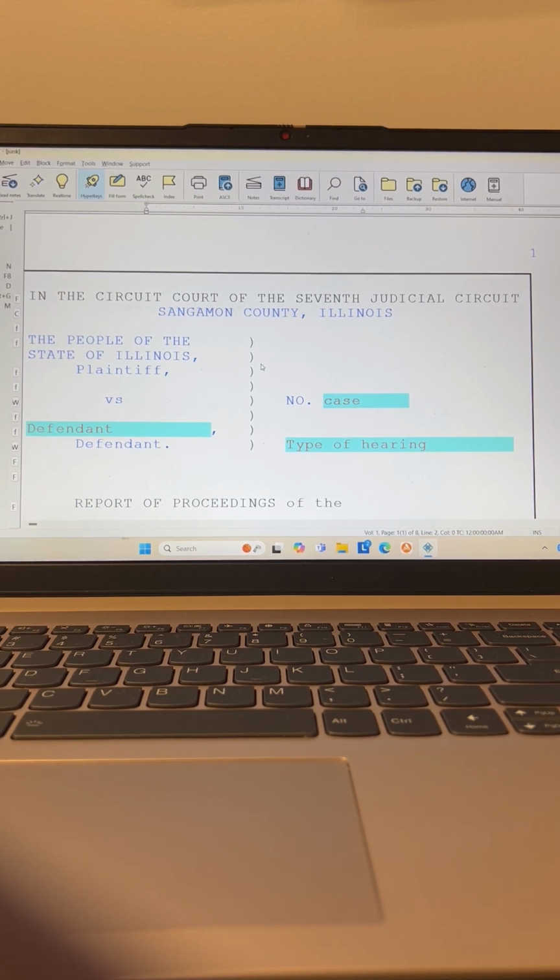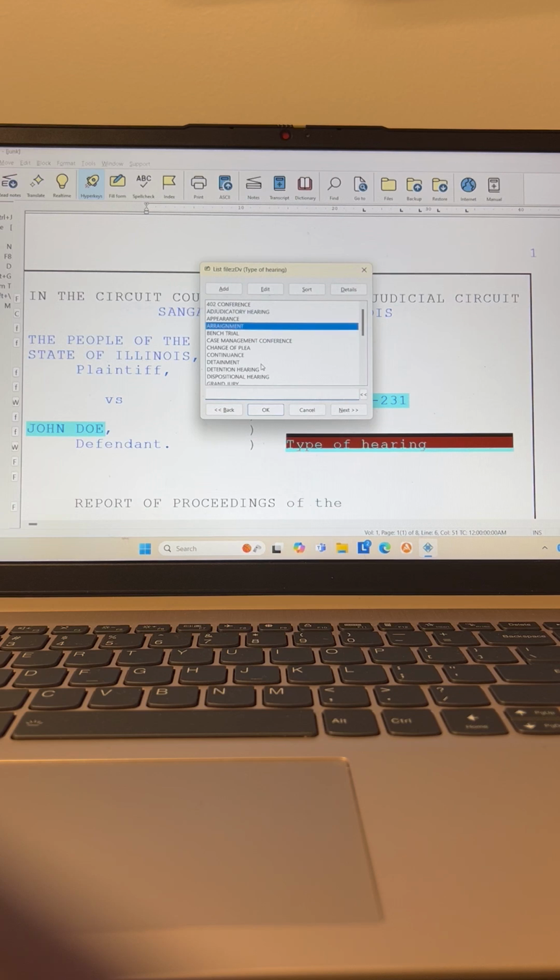That's stagnant, that will stay there. And then case number 21, CF 231. And as you'll see, I didn't worry about capping CF because it will automatically cap. The defendant, so John Doe, type of hearing. Here is the hearing list,